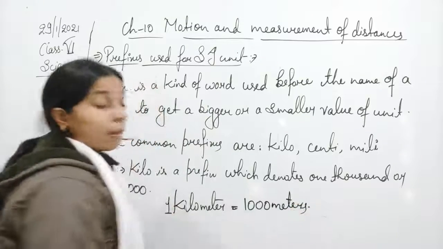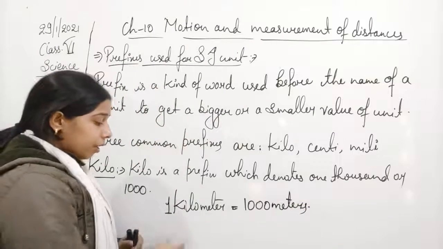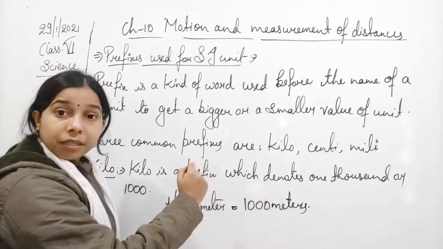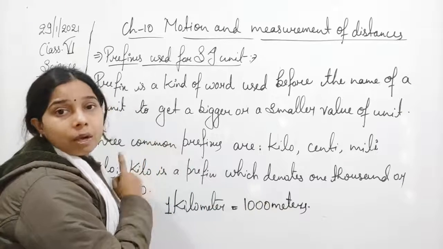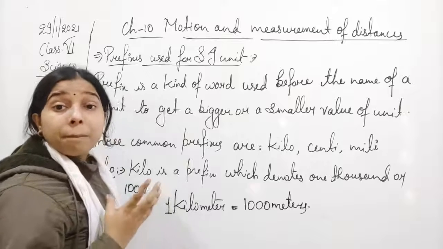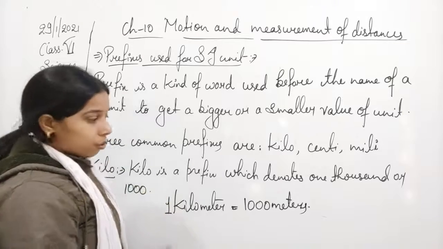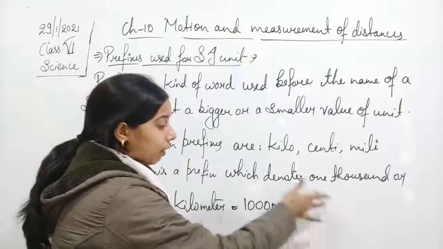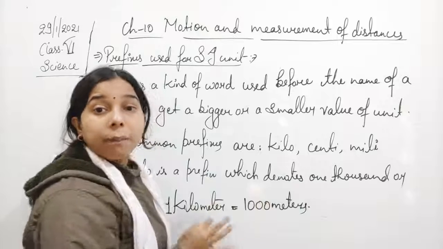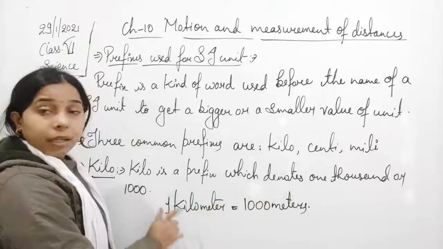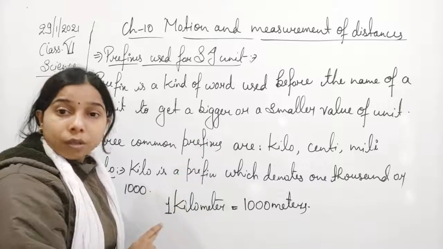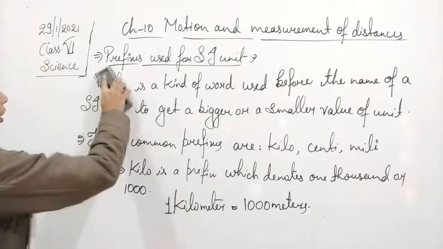1000 meters. You see, student, now after addition of this kilo, the value increases of that of the meter. It means 1 kilometer is equals to 1000 meter. So we will say that kilometer is what? It is a bigger value, right? So 1 kilometer gives a bigger value of the meter. So by adding a prefix to that of the meter increases the value. So kilo is a bigger value. Now the next one is